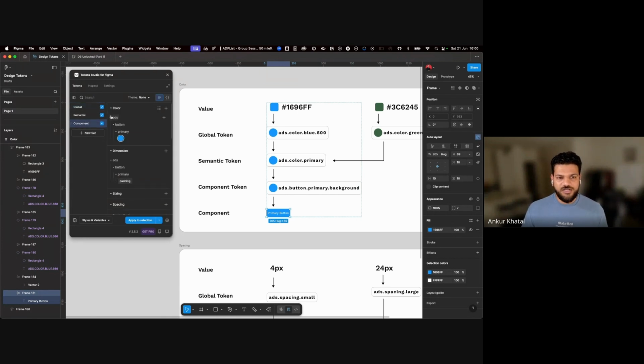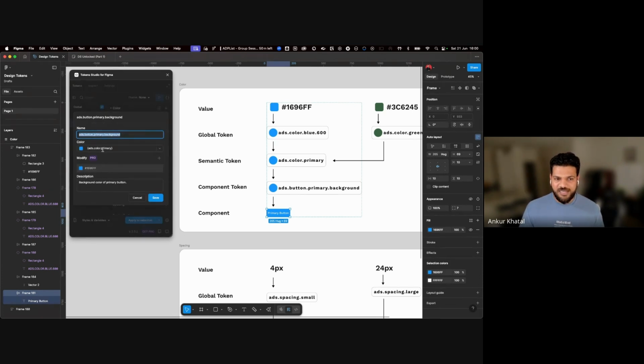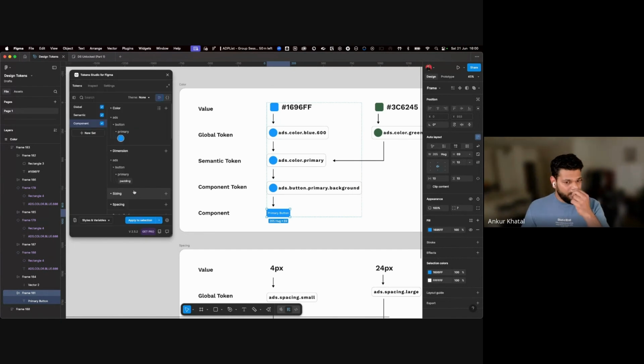And now for the component, which is ads.button.primary.background, what is connected? ads.color.primary. Cool. So